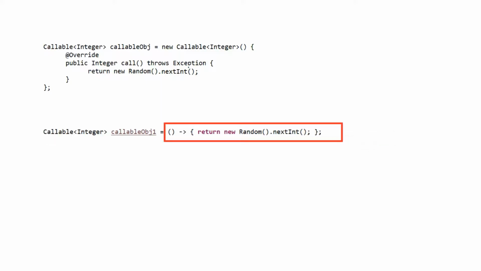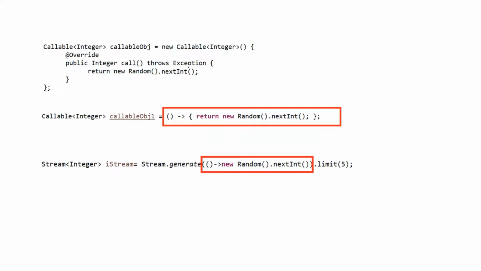This part is nothing but the lambda expression part, which is a way to write it in an elegant way, and this part is going to be passed as an argument to a method. Mostly we use this in stream operations. So we are passing the same function as an argument to the generate method. This generate method creates a stream.